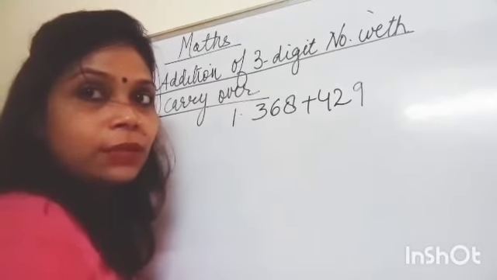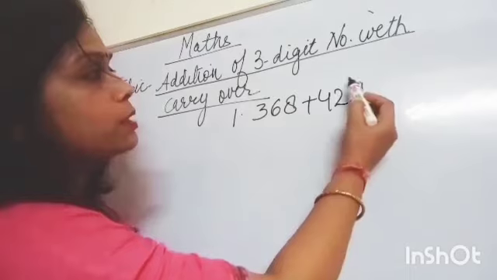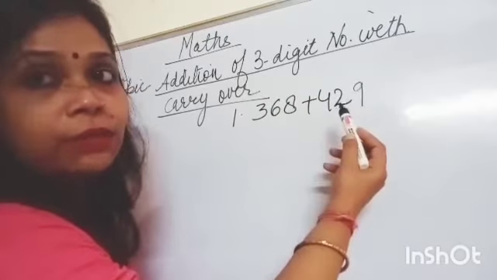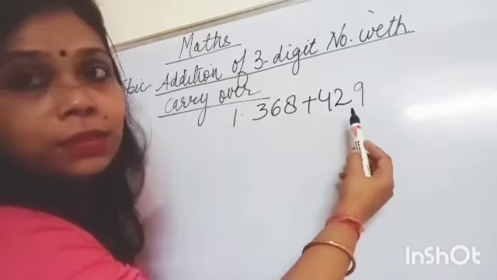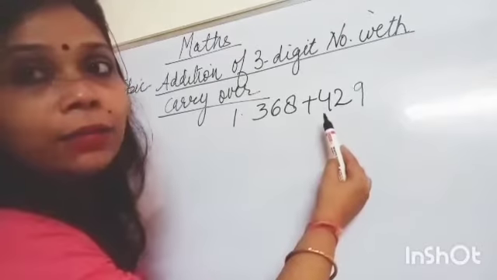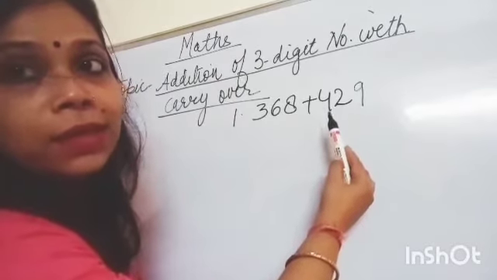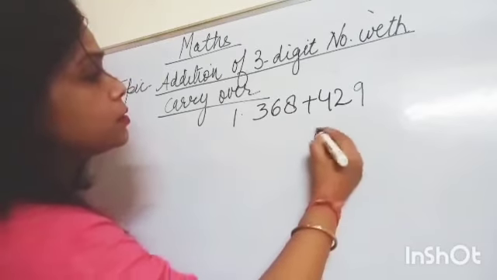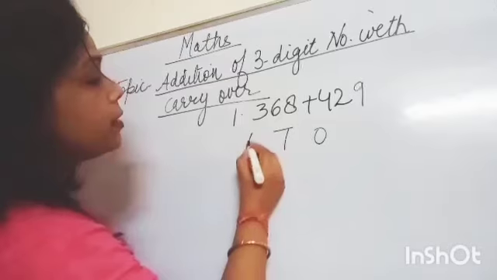What is the place value? Place value of a number is ones, tens, hundreds. The number is placed according to the place value chart. This is a 3-digit number, so we have ones, tens, hundreds. So let us divide the number according to the place value: ones, tens, and hundreds.